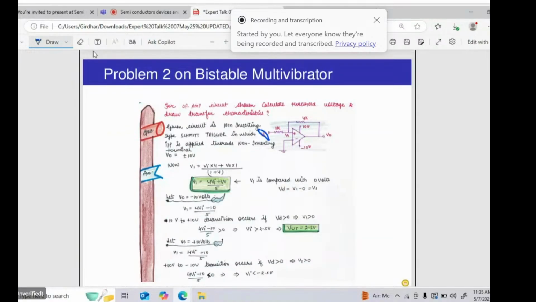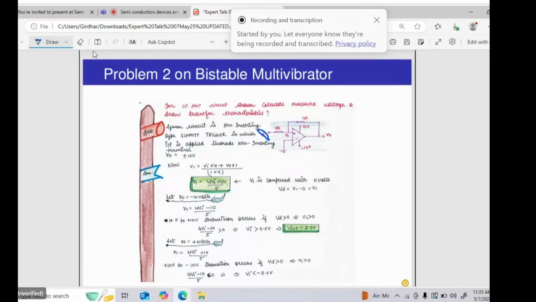Likewise, using the same superposition theorem, there are two source voltages here, Vi and V0. You can find this node voltage V1 with the same relationship. Plus Vsat and minus Vsat are already given to you, 10 volts, so V0 is plus 10 and minus 10. By this way you can find the upper trigger voltage and the lower trigger voltage, and the difference of these is the